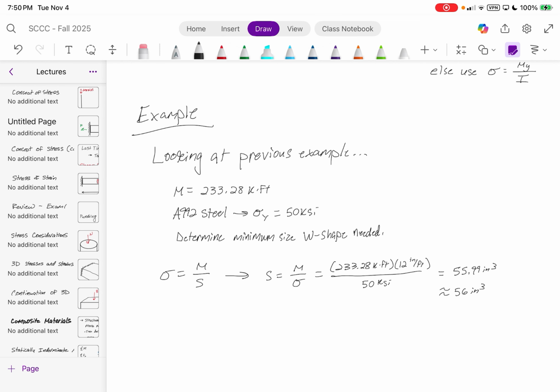I see something that works. Are we looking at S of X to find the minimum size? Exactly. You want to use S of X, because if you were using S of Y,